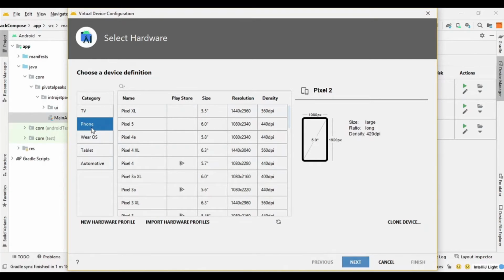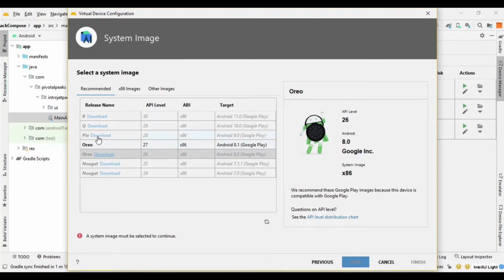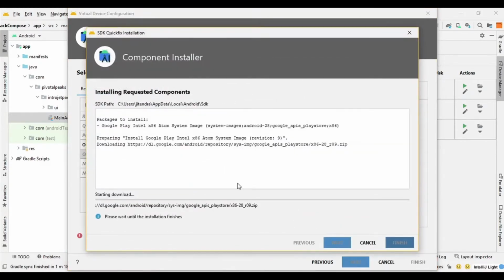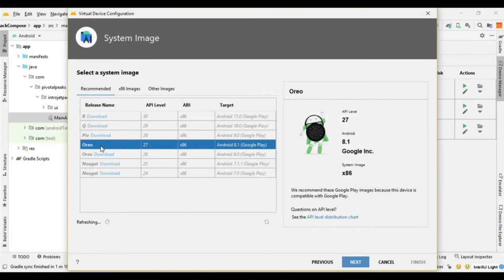You will select phone and then click next, and then here you will be given the option for the Android system image. You can select Oreo as it's recommended, but you can select this one or even a lower one. It's already started downloading, but I don't need it, so I'm going to cancel it. This one is I think already here in my system, so that's why I don't need to download it.